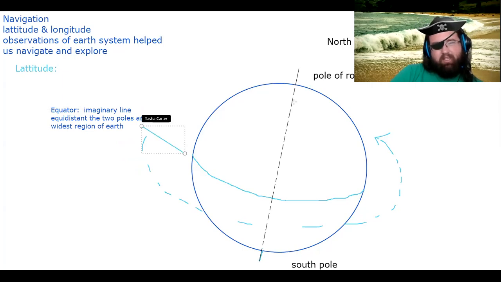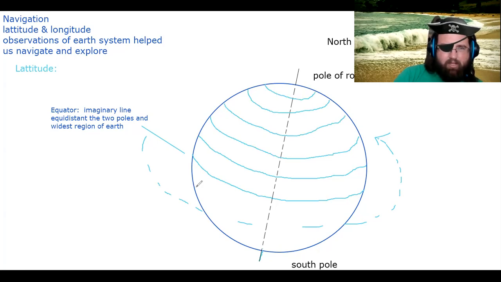If the pole is a point and the equator is a large circular line circling the world, then you can imagine a bunch of smaller circles that are parallel to this circle around the widest part of the planet and widest part of rotation. You can construct a series of smaller and smaller circles. And then at any point along any of these circles, whether you're close to the North Pole or close to the South Pole,